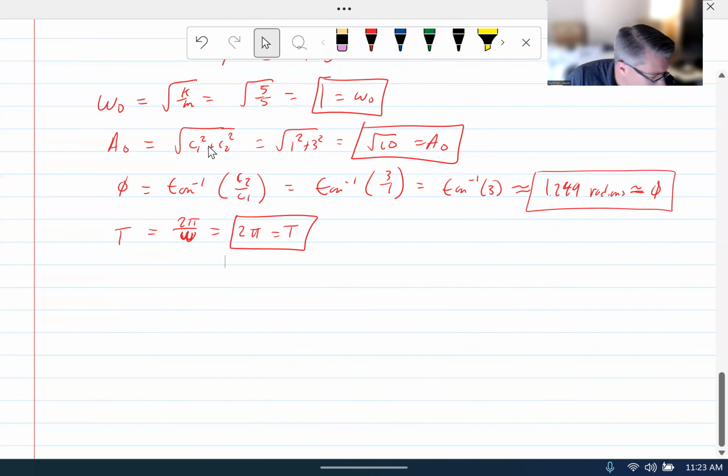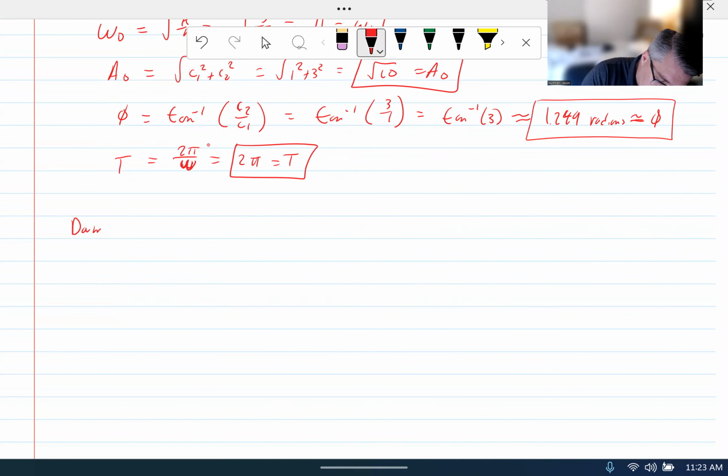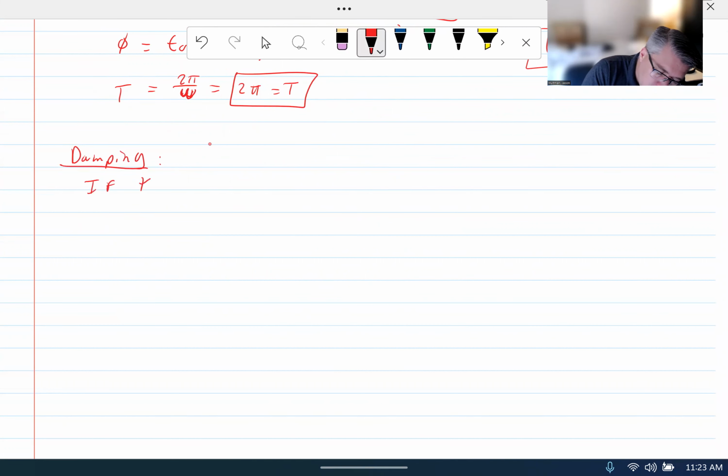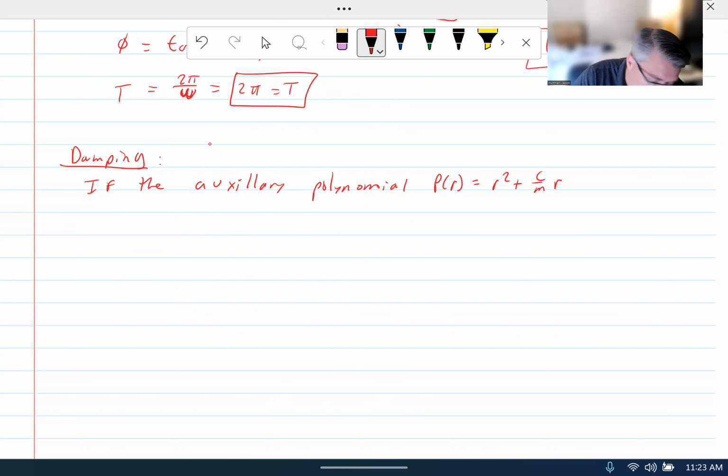Okay, let's talk about damping. The auxiliary polynomial P of r is equal to r squared plus c over m r plus k over m. If it has complex conjugate roots,